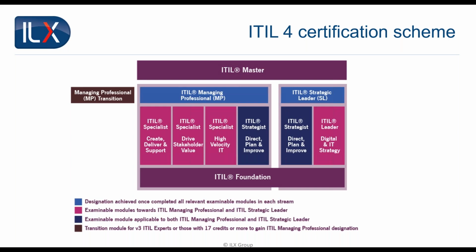And those two courses also make up the MPT designation. You can see on the right-hand side, folks, there are also other courses out there. The strategic leader designation is the one that's going through a bit of change at the moment. If you get yourself into that mindset of being more directional, more strategic, then you might find that more relevant